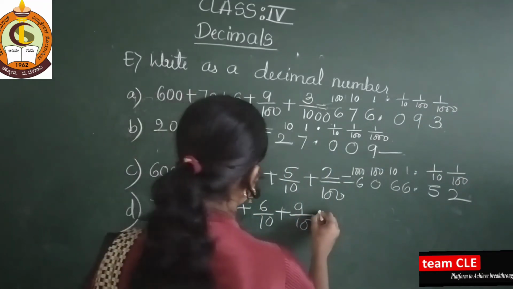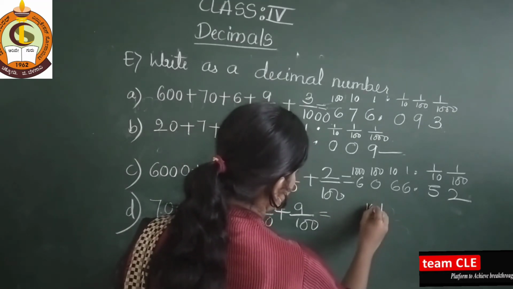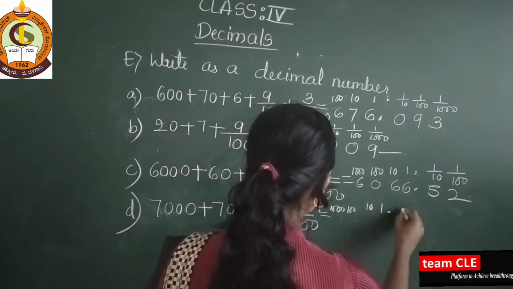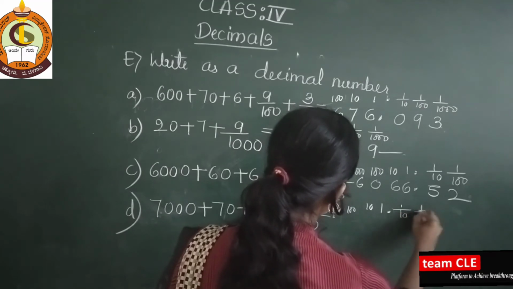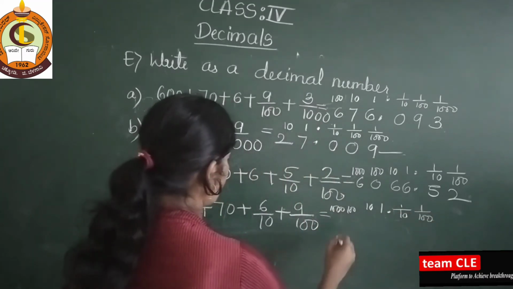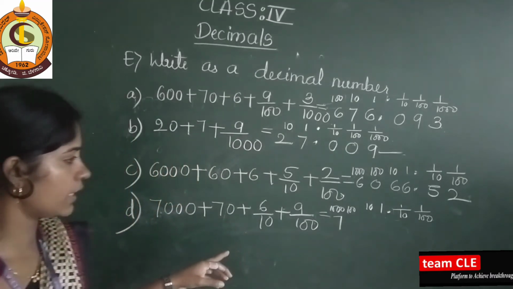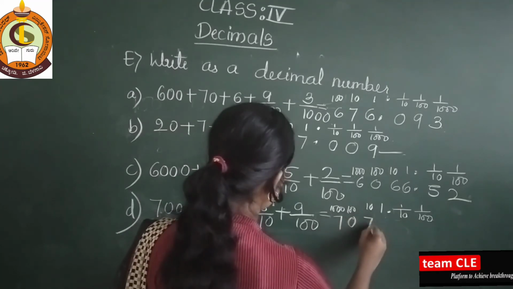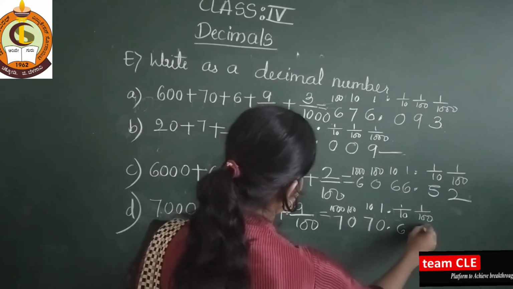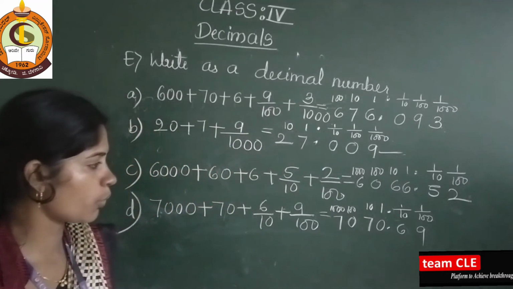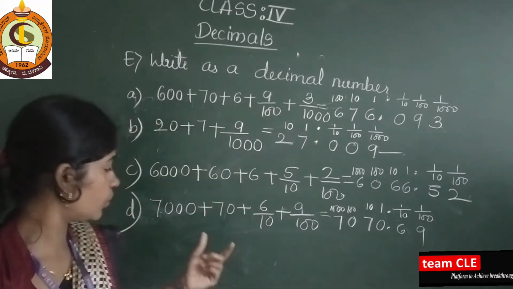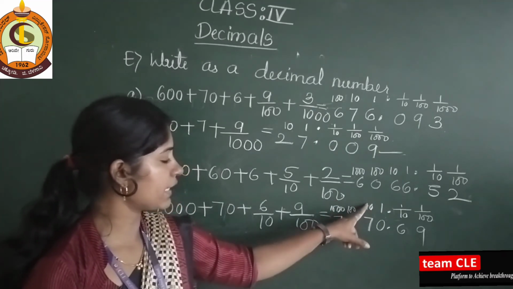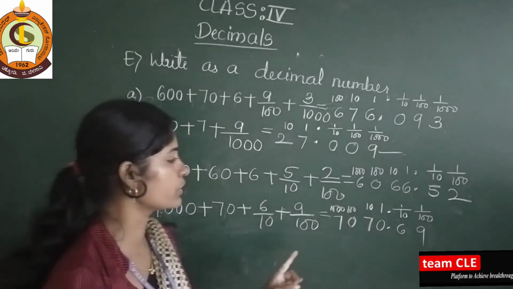See here, again you have to repeat the same procedure: ones, tens, hundreds, thousand. Okay. Point, here what is there? 1/10 and here 100. Okay. So 7. See dear students, here in 100 place there is no digit. So here you have to give 0 and here 7 and here 0.69. 7070.69. In ones place also there is no digit. 7000 plus 70 is there. So 7 is there in 1000 place, 0, 7 in tens place. In ones place there is no digit. So you put there 0.